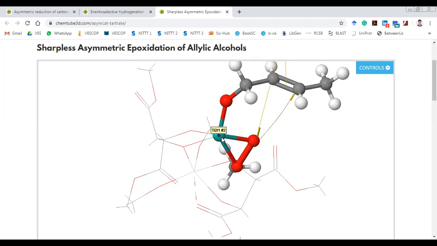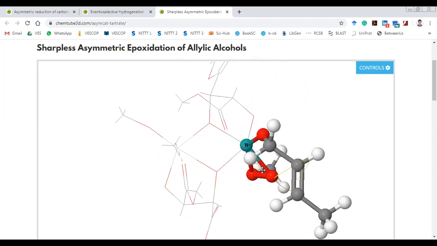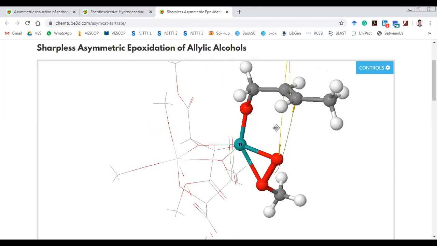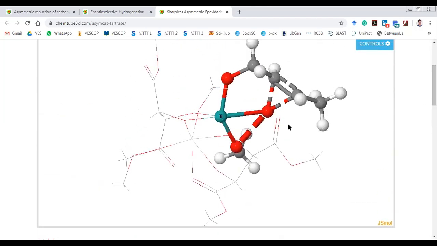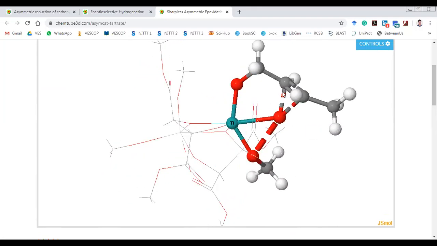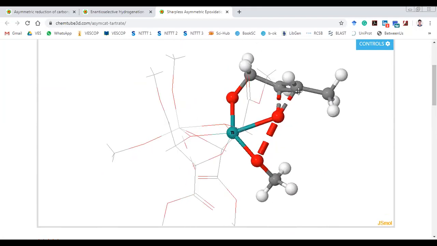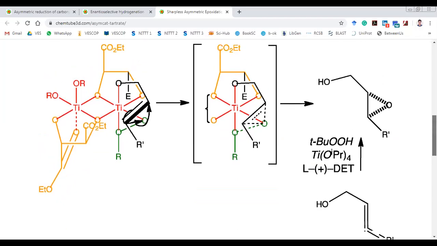This slightly different shade of blue is titanium. These are oxygen, and this part is your allylic oxygen. Okay. We'll look at the other complex here. This is one of the transition states here. You can see the oxygen being added on the bottom face, and you finally get